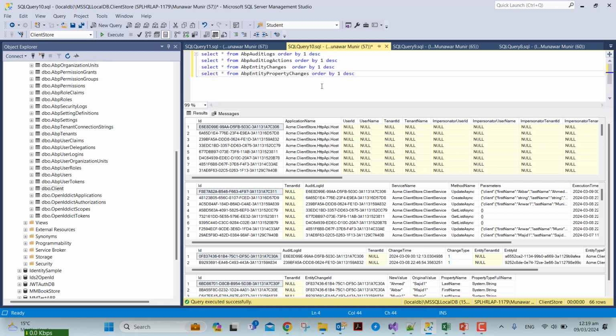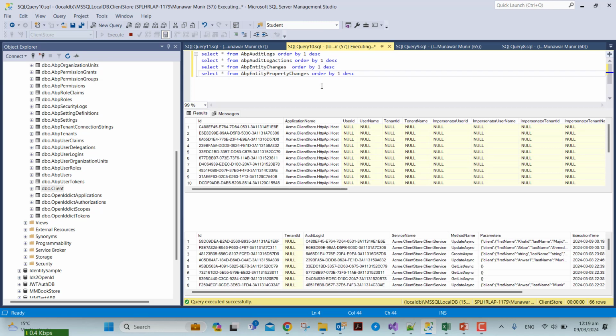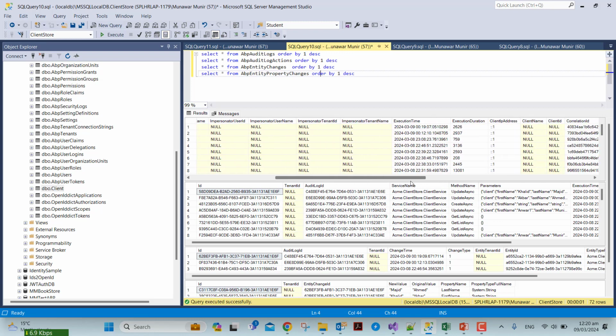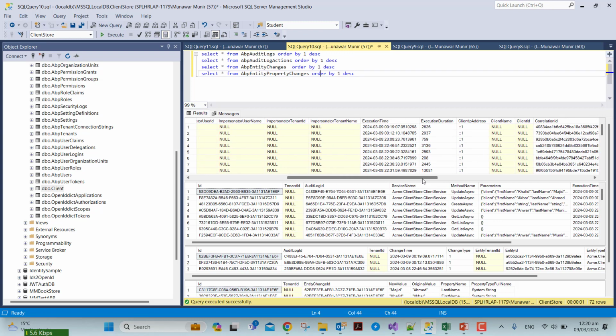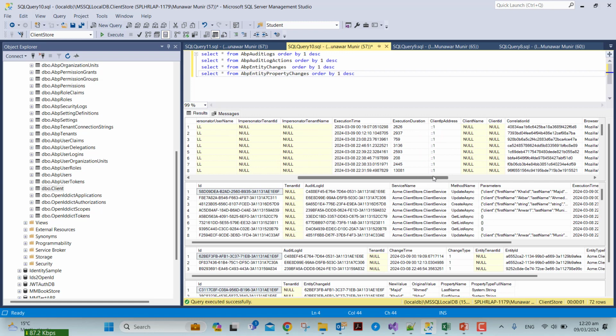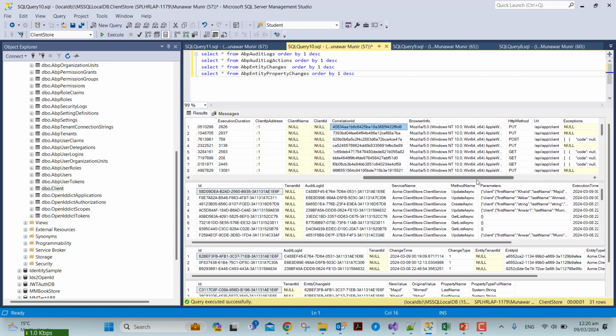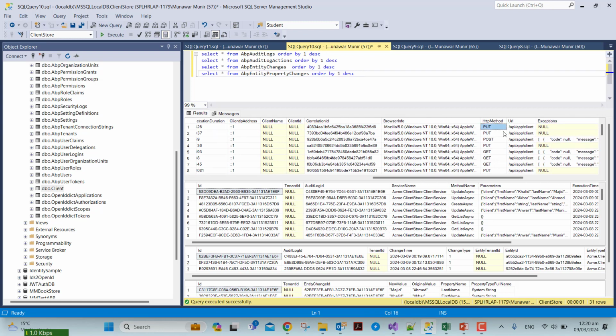Let's execute them so that we can see how it works. The very first record is the record which we changed, and it shows us the audit log which is being maintained. If we scroll to the left, you will see so many fields available in that table, and if we go one by one, it will give you all the details related to